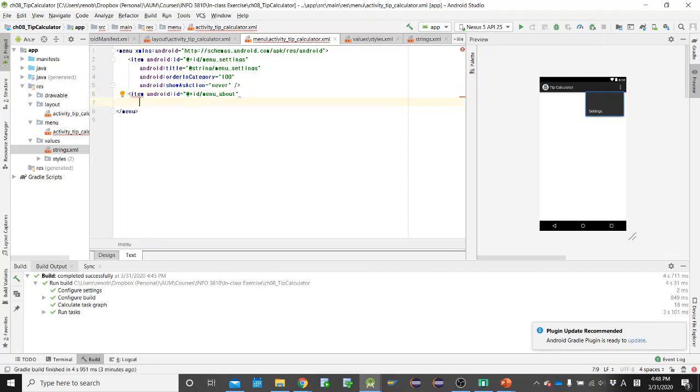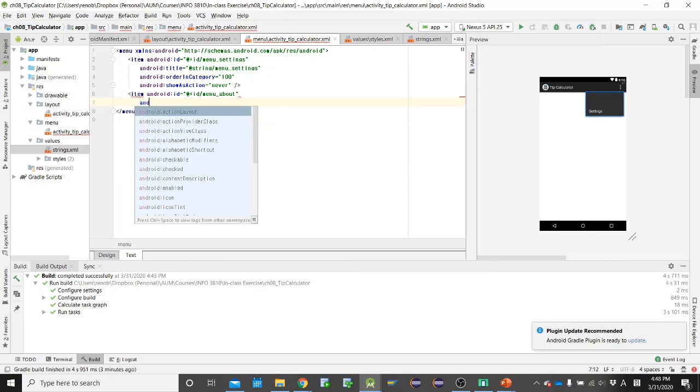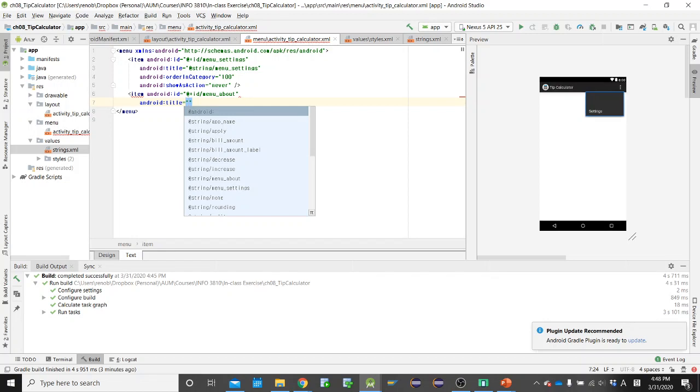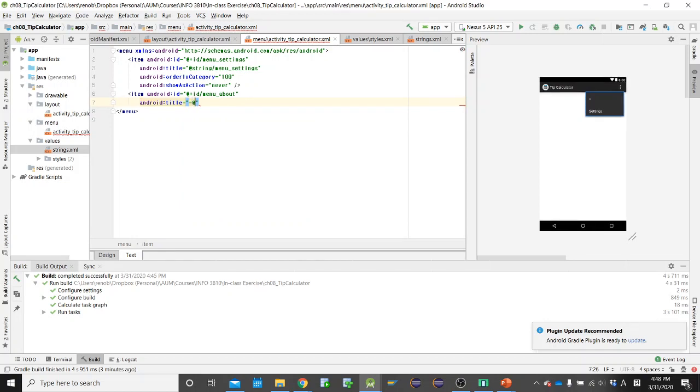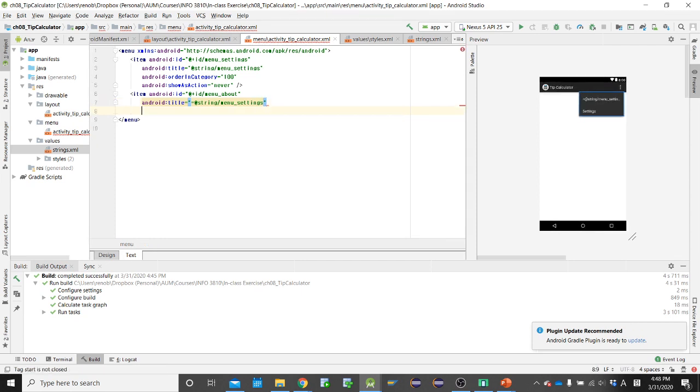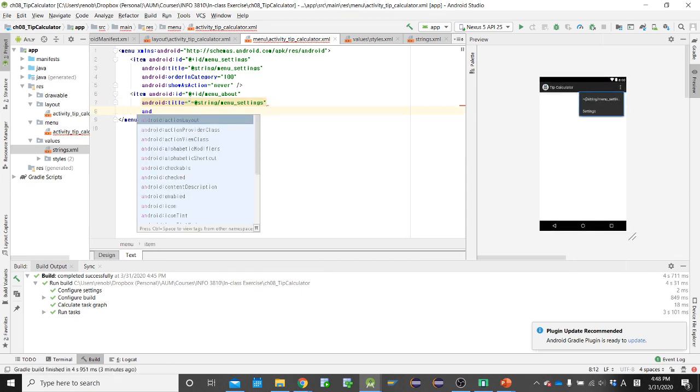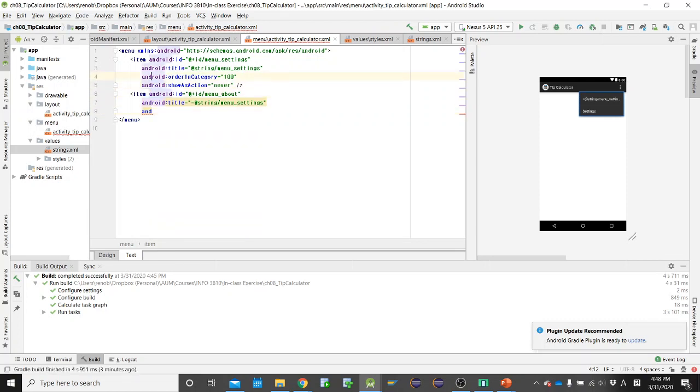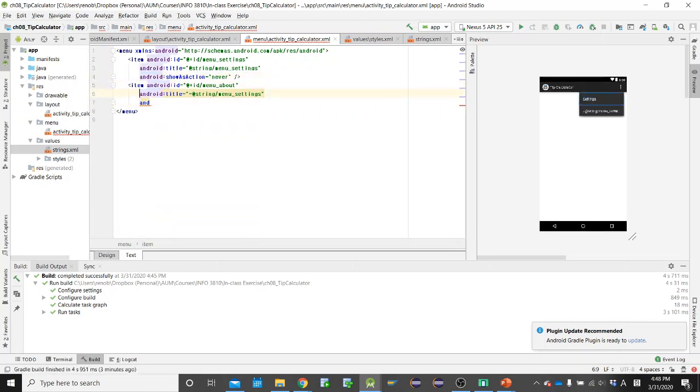And Android title equals string menu setting. Android. Okay, well, I think that's it. But I think I need to delete one. But I will need to set up Android